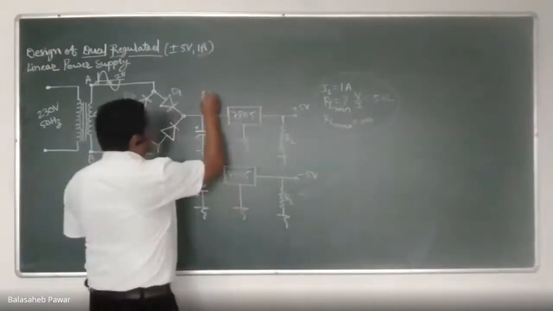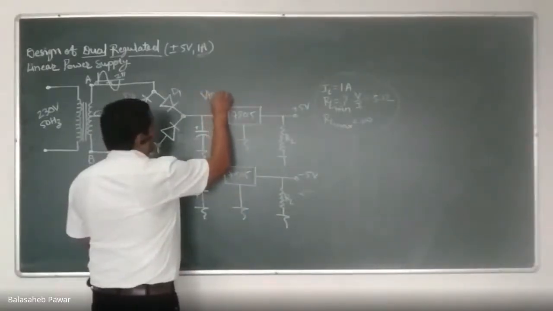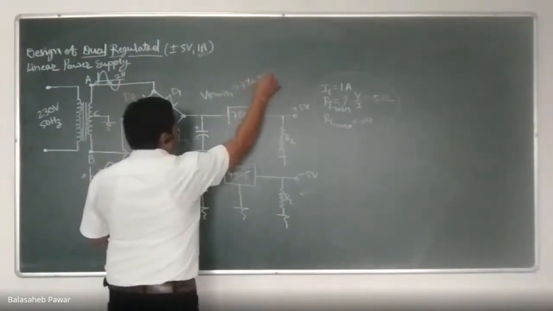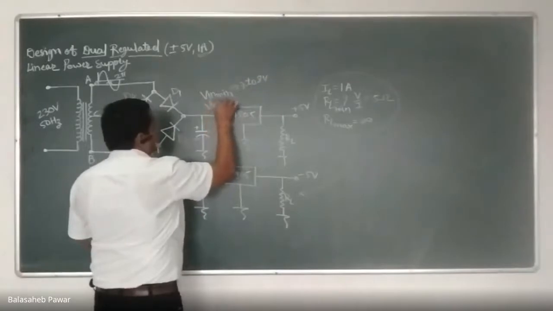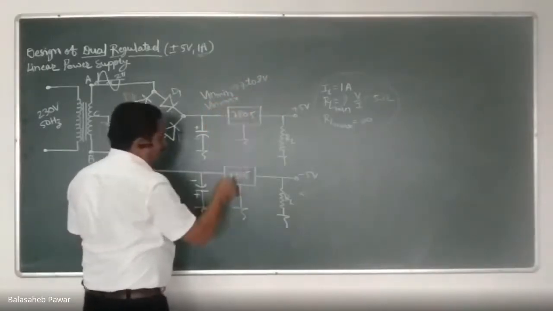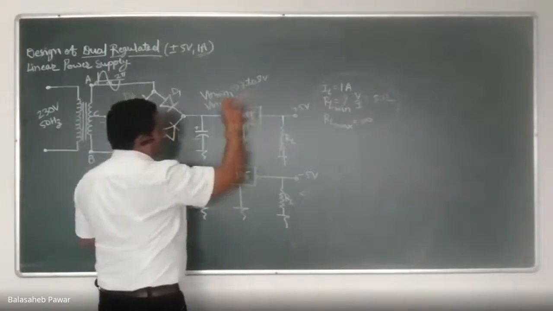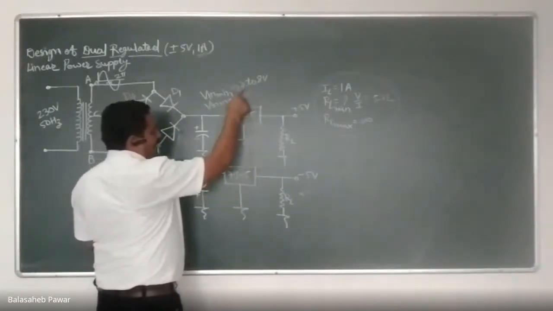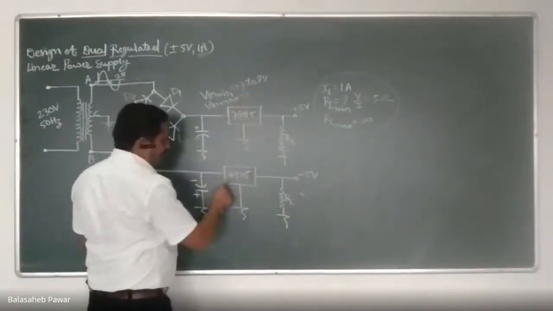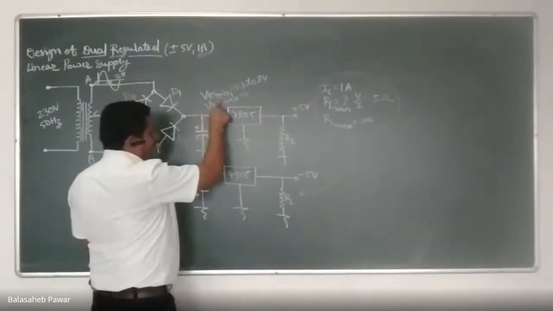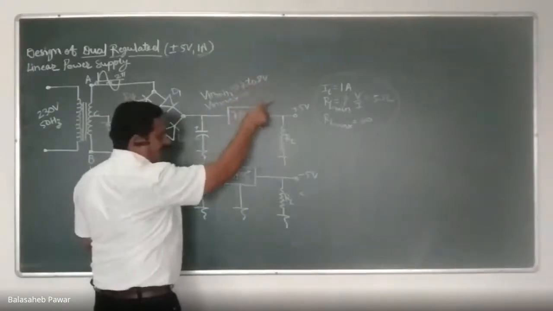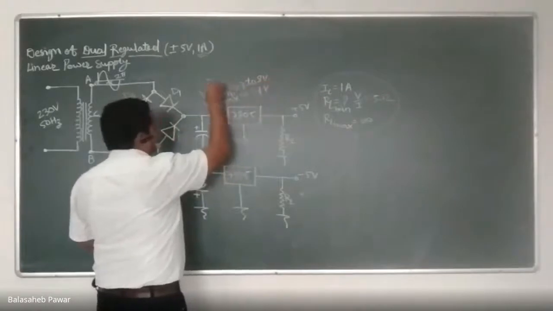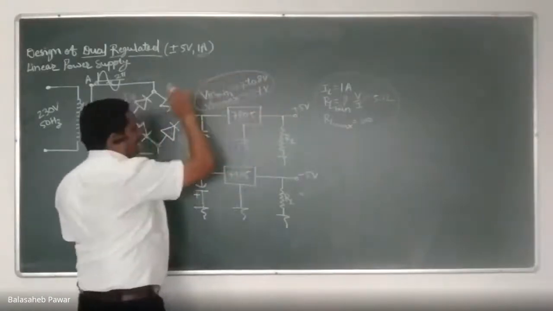That's why last time also I mentioned Vin min should be 7 to 8 volts, and Vin max is applicable to both regulators, 78 series as well as 79 series. But the only difference is what? In case of 7805, minimum it should be 7 to 8 volt positive, and in case of 7905, Vin min should be -7 to -8 volt. And similarly, Vin max is 37. If you can recall, I already told these things last time also.